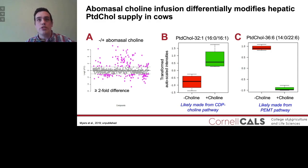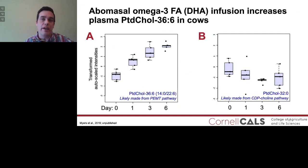In the same study, we also infused cows with fish oil rich in DHA. We started to do this as well with different types of rumen-protected fish oil supplements. We observed increases in phosphatidylcholines containing DHA. Other phosphatidylcholines rich in PUFA that were not found in the fish oil were also responsive, suggesting that it's possible